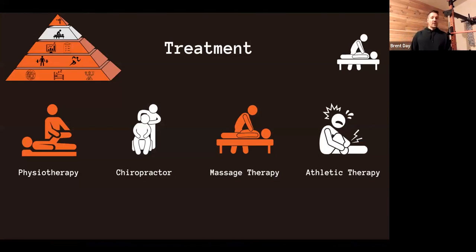Okay, let's move on to the last two components of the pyramid, and that's the treatment and the modalities. With treatment, we're looking at the chronic aspect of recovery. Am I hurt? Well, we would see a physiotherapist, maybe a chiropractor, massage therapist, or acute care athletic therapist. We can also use them for basic body maintenance. Massage facilitates blood flow to the muscles, which will help with recovery. Chiropractic care might help keep the body in line to decrease the risk of overuse injuries. Physiotherapy, same thing. It could be preventative care as well as